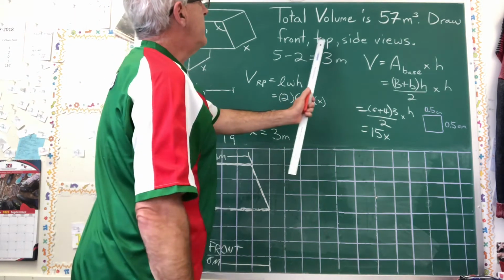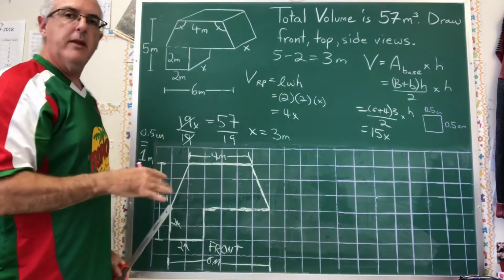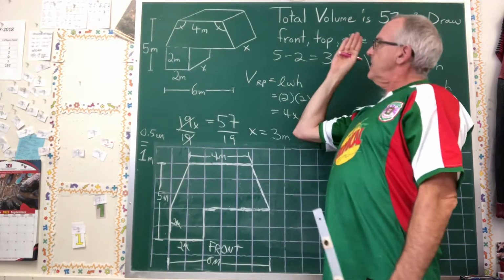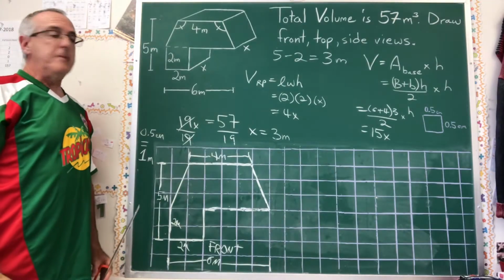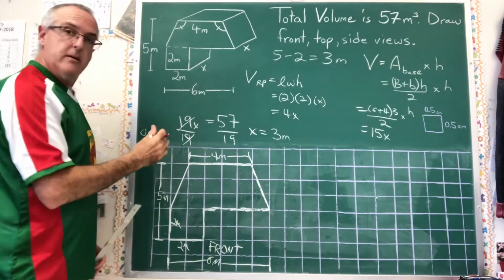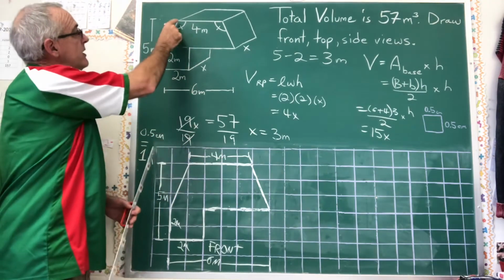Now, let's do a side view. Now the side view is kind of tricky. One thing is, which side? Should we draw the view of this thing from the right side or from the left side? Well, the good news is it doesn't really matter, because a side view is going to look like a flat two-dimensional shape, much like this one does. And so you're not going to see this